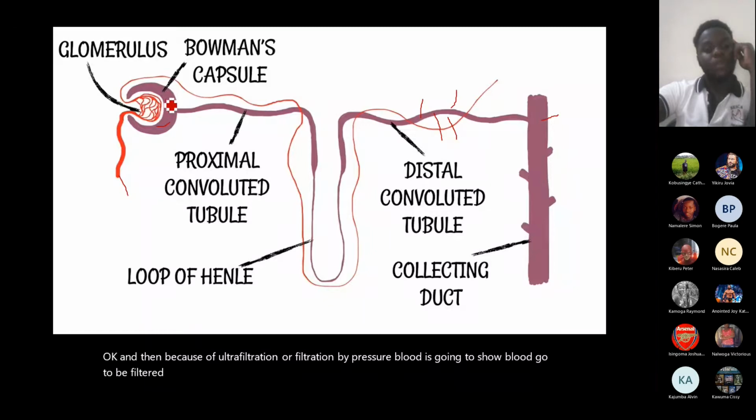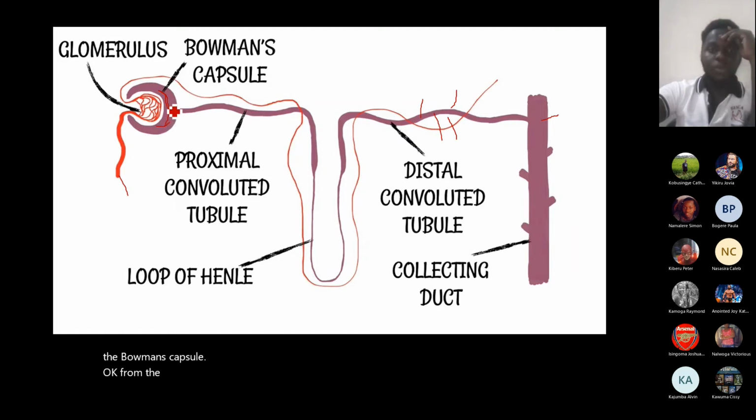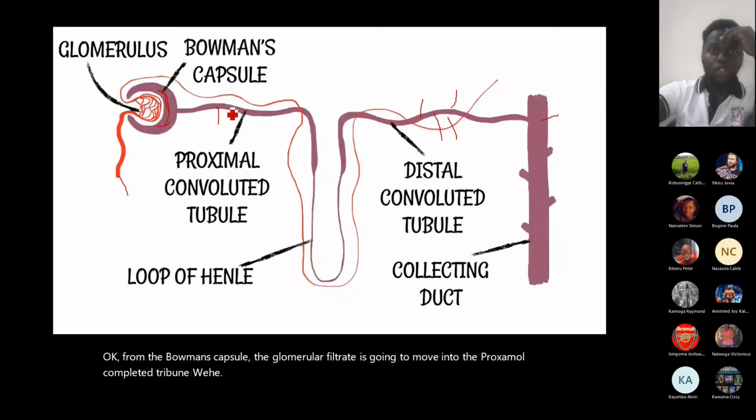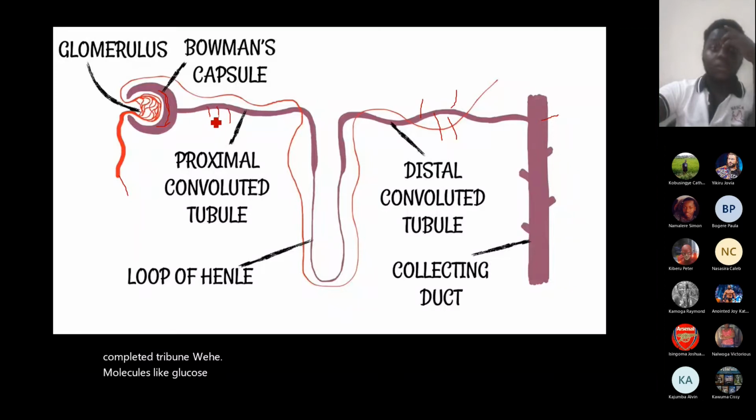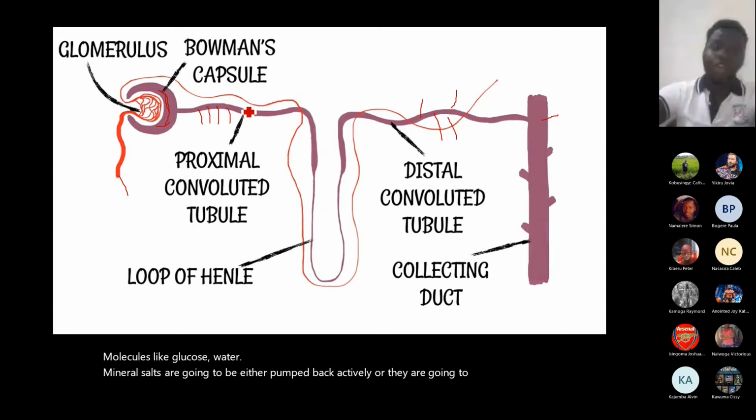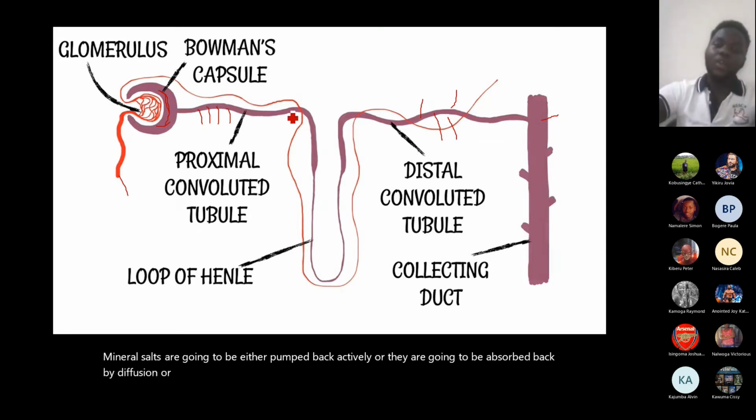we are going to get what we call the glomerular filtrate concentrating in the Bowman's capsule. Okay, from the Bowman's capsule, the glomerular filtrate is going to move into the proximal convoluted tubule, where molecules like glucose, water, vitamins, mineral salts are going to be either pumped back actively, or they are going to be absorbed back by diffusion or osmosis. When the glomerular filtrate reaches the loop of Henle, on the descending loop of Henle, water is